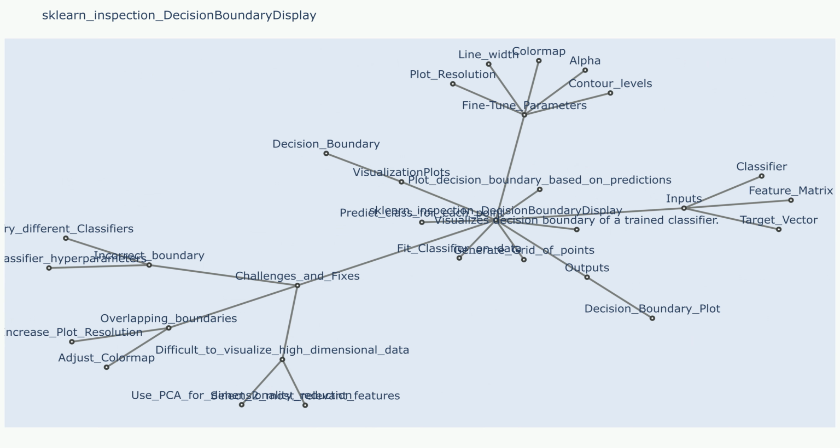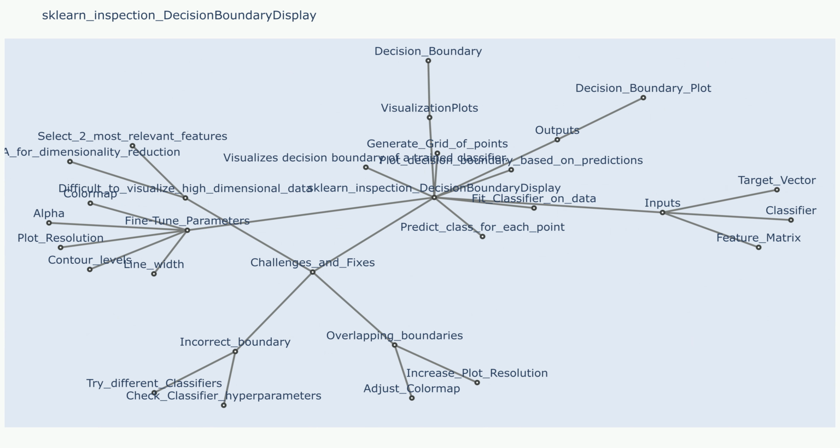Challenge 3: high-dimensional data. The DecisionBoundaryDisplay class is designed for visualizing classifiers with two features. For higher dimensional data, it is not possible to visualize the decision boundary directly. Sample use case that resulted in challenge 3: you have a data set with 10 features.